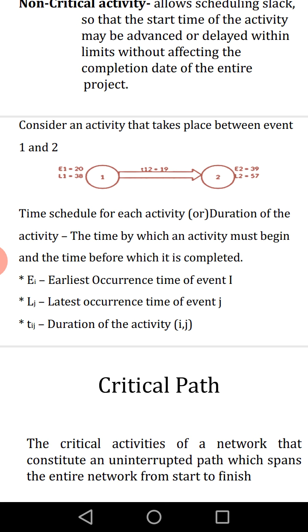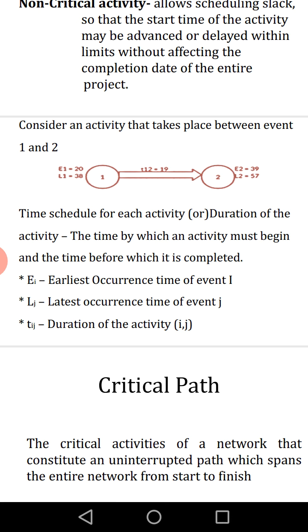The Tij represents the time duration of an activity taking place between events 1 and 2. Now what is Ei? The earliest occurrence. So it tells by how much time an event can be advanced and by how much time it can be delayed. That is the earliest and latest. For each and every event, we can calculate the earliest occurrence as well as the latest occurrence.